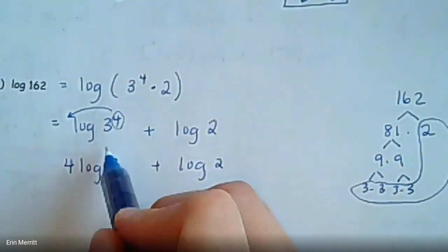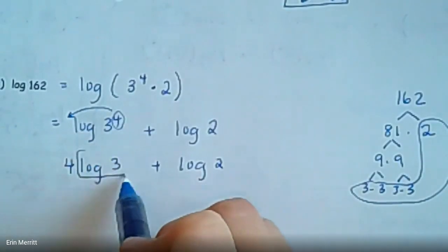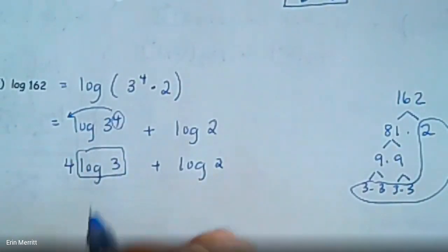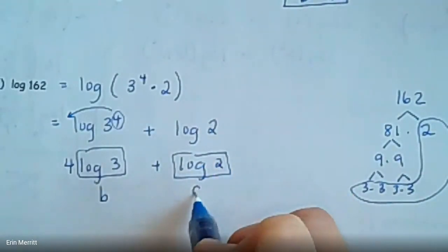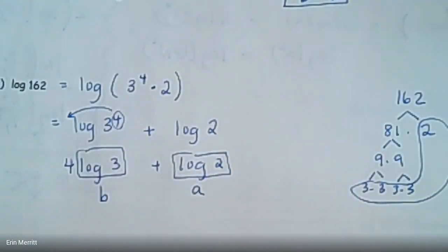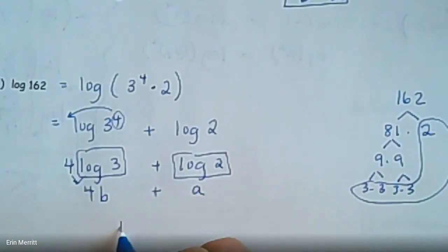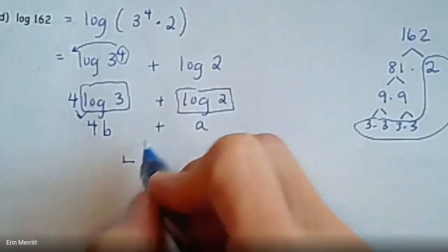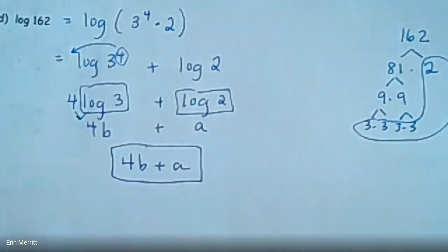Because that wasn't log of 3 up here. It was 3 to the 4th power. Now that this is all by itself, I can plug in B here. This is all by itself. I can plug in A here. And so what I really end up with, bring that 4 down, bring that plus sign down, is 4B plus A. And of course, if I